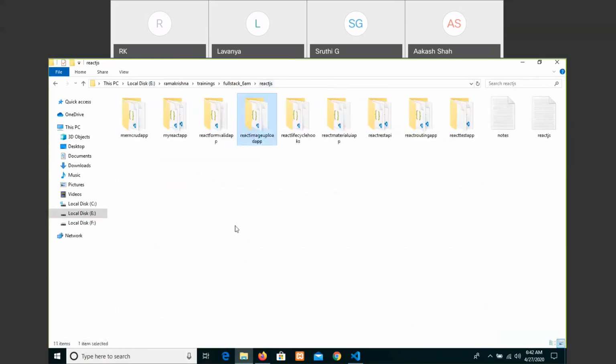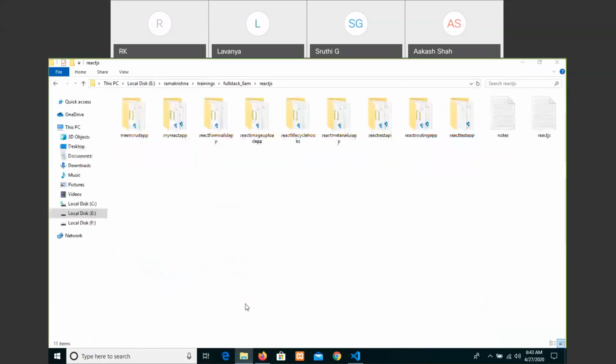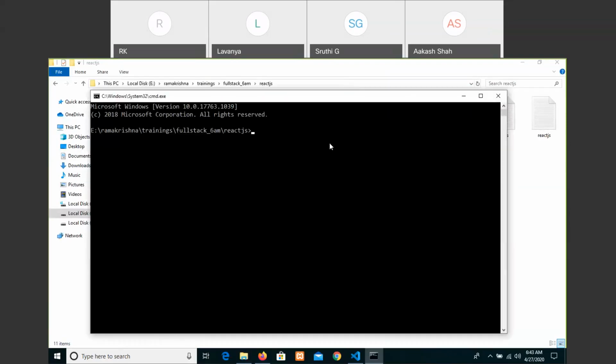Now, you just copy that link and directly type cmd, git space clone space.